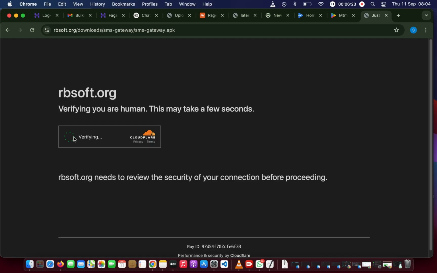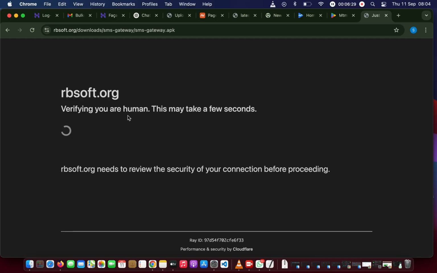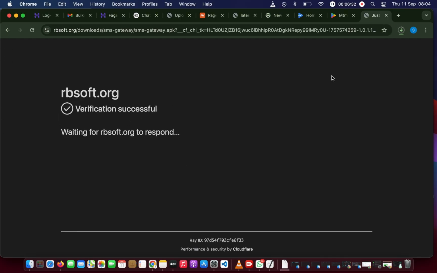That is the first option of downloading the app. You can download the app directly from there. That's option 1 of downloading the app. The second option to download the app is by using